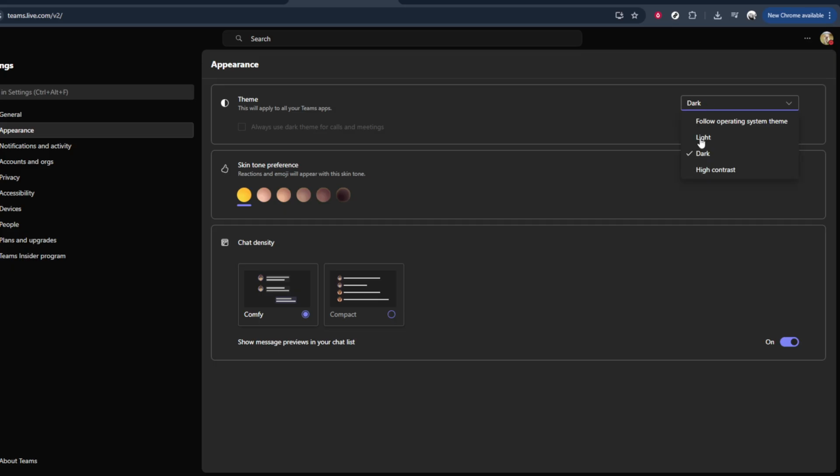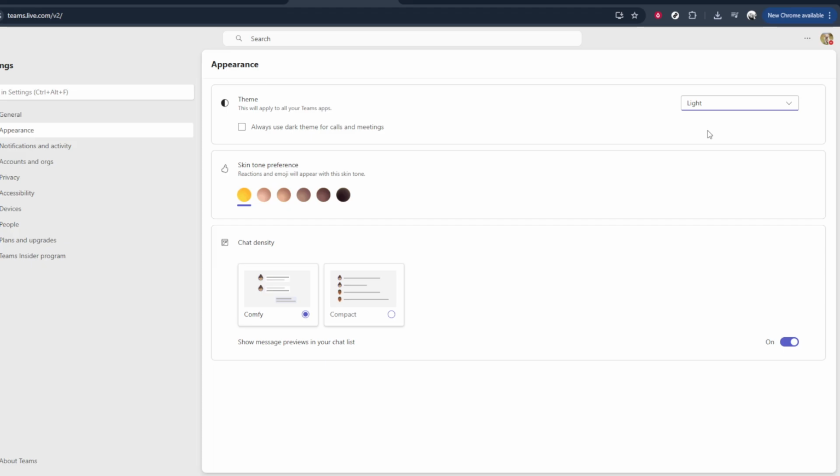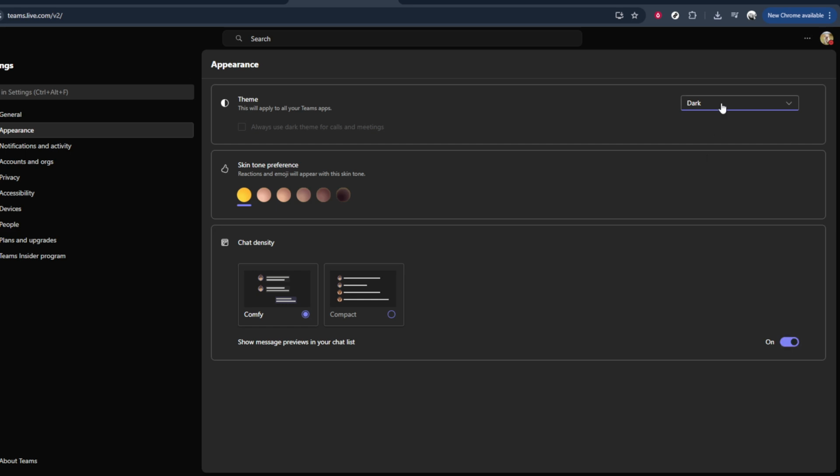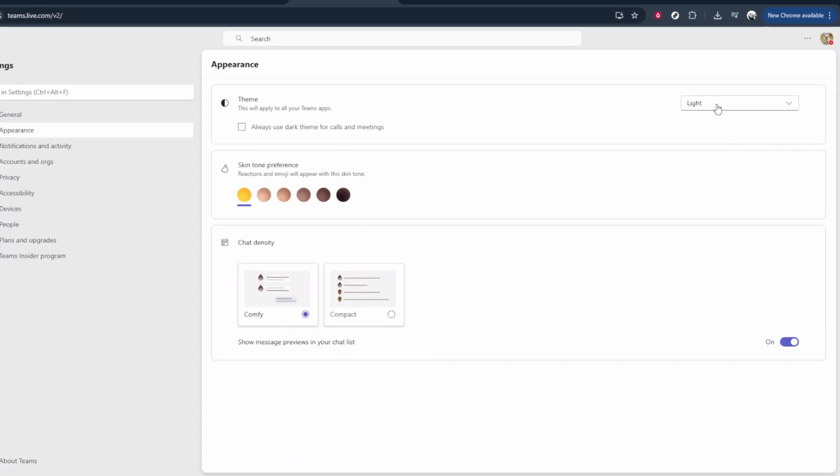As soon as you select it, the interface should update automatically. Your background, sidebars, and chats will become brighter, with dark text on a light background, making things easier to read if you prefer a lighter workspace. That's all you need to do. You've successfully turned off dark mode in Microsoft Teams and switched to a light theme. If you ever change your mind, you can come back to the same appearance settings and choose